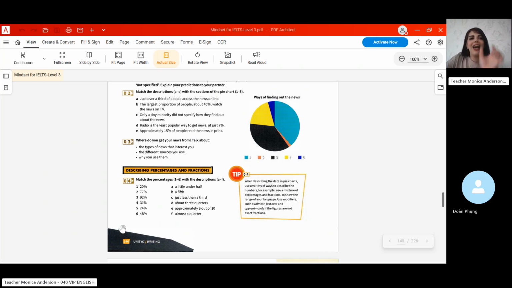For example, how much is a quarter? How much is a half? Of course, you know how much is a fifth. Well, let's match the percentages, 1, 2, 6, with the descriptions, just if you can guess. So tell me if you can guess. So, for example,